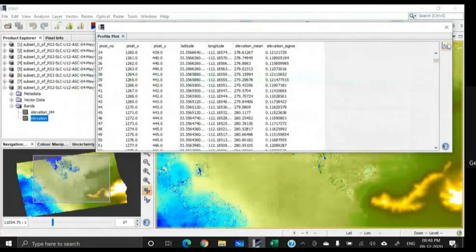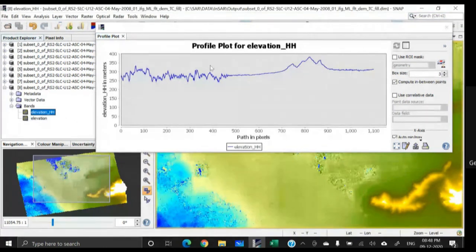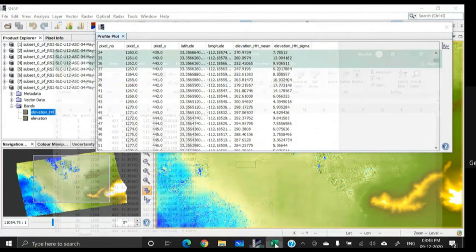And if you click on this profile icon again, then you will get the profile. So now these values are being shown for the normal SRTM 1 arc second DEM, and if I select this one, then I am getting the actual interferometric DEM. Then click on this table, copy data to clipboard, and then I'm pasting it over here.